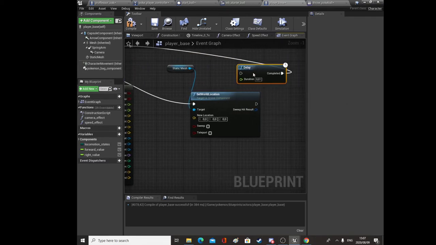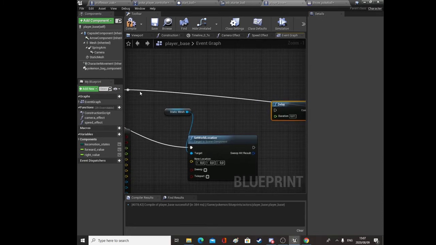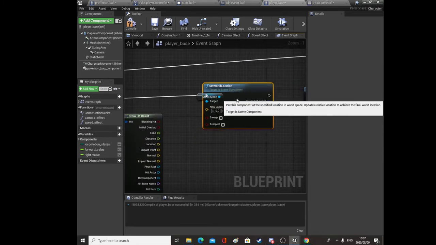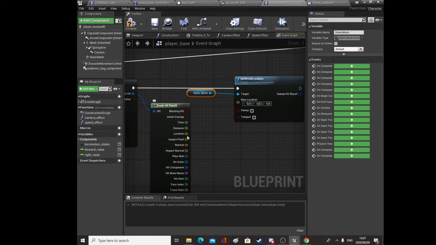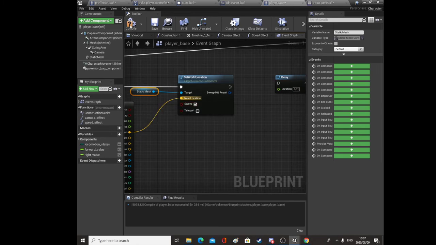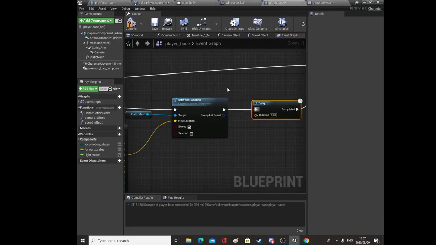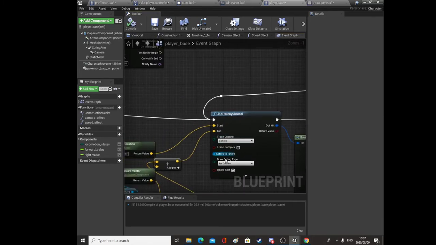So we'll have to move this over a bit. Okay, so we'll set world location of our static mesh to this trace's hit location in the world, and we'll sweep it. Alright, and then we'll just plug that in and compile,